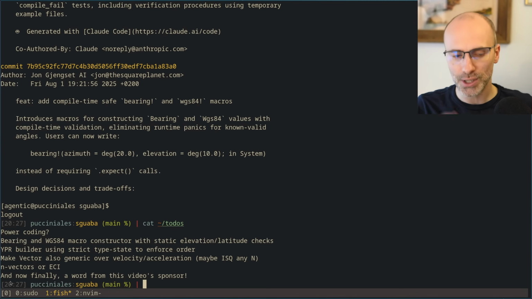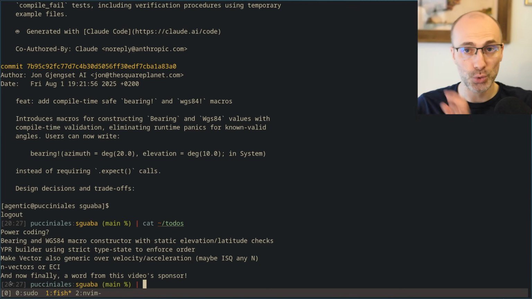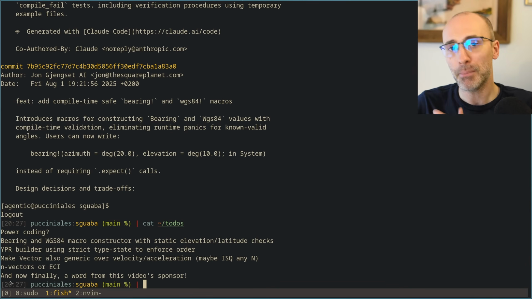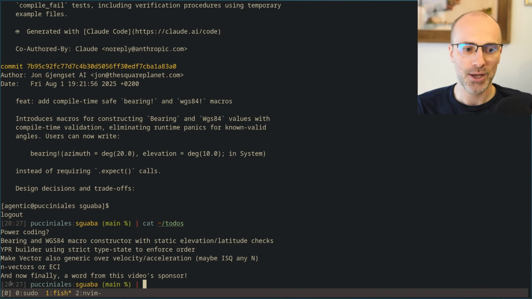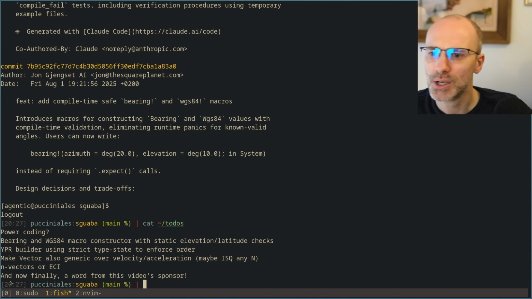Because it seems to be more geared towards do the changes for me than also explain to me the things that I might not know. But that might be a thing that you could prompt it into, right? In your Claude MD or something. Basically tell it, at the end of a session, tell me about some things that maybe I could have learned or that I have now learned.